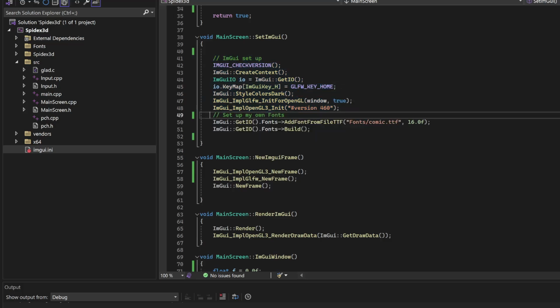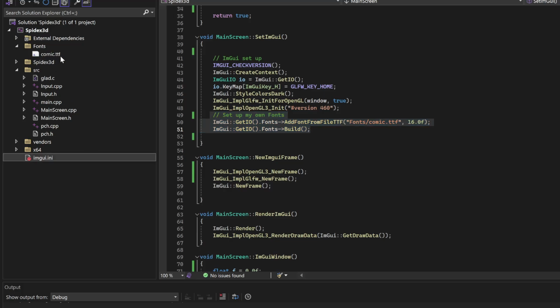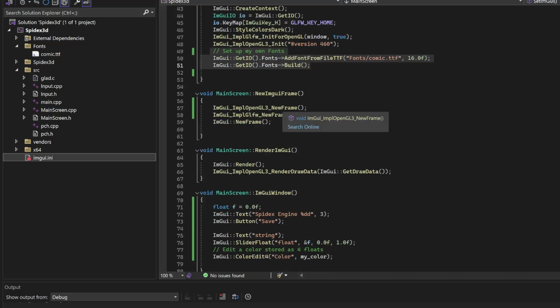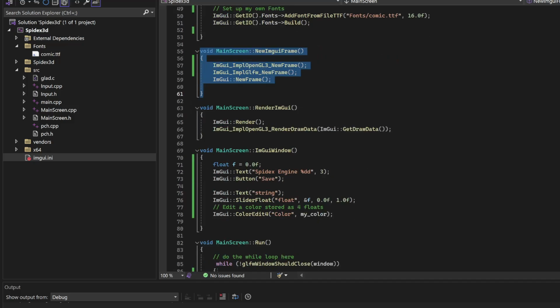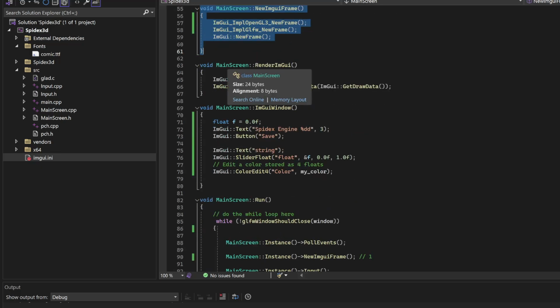This will set up a font. I've added a font, kind of like the font Comic Sans, and I've added that in because it just looks cool in my opinion. Then we have to create a new frame, so that's creating the new frame, and then we have to actually, I think these are in the wrong order